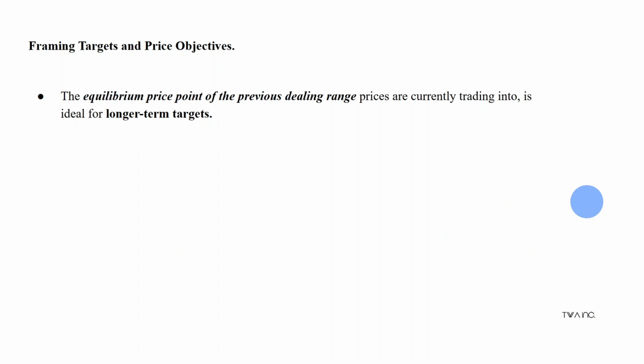It means the market is probably retracing inside a previous dealing range. Bullish could mean we're going to run the high of the dealing range, but while we're still trading inside the dealing range, the equilibrium price point is very crucial, and is ideal for longer term targets. So if you want to frame price targets for longer term price objectives,